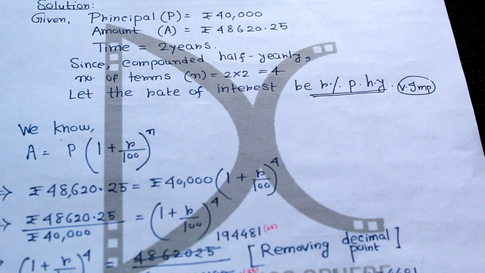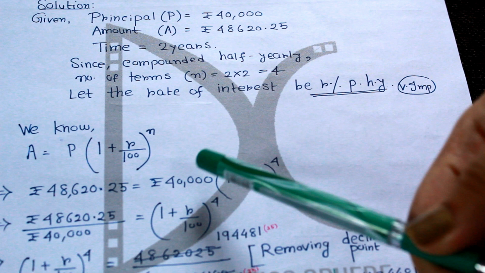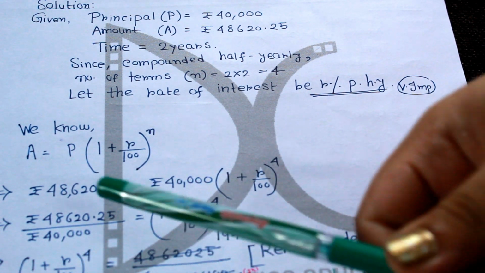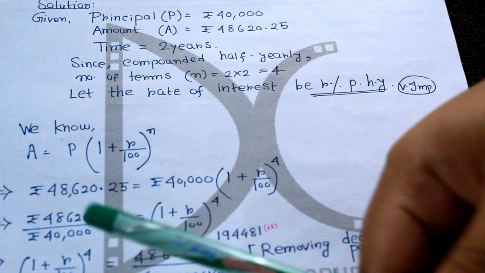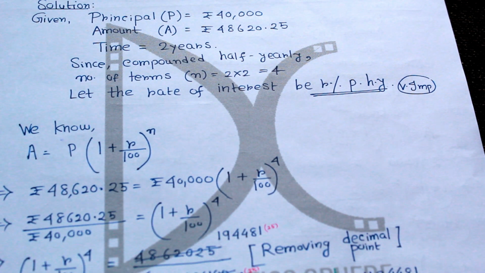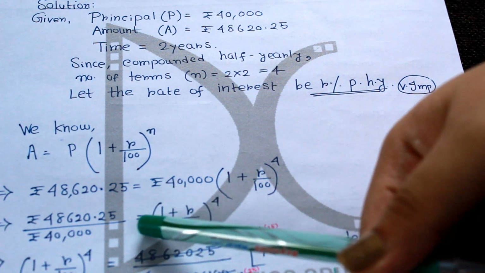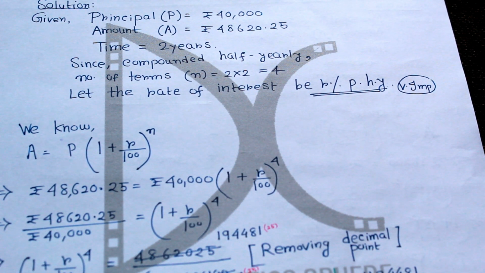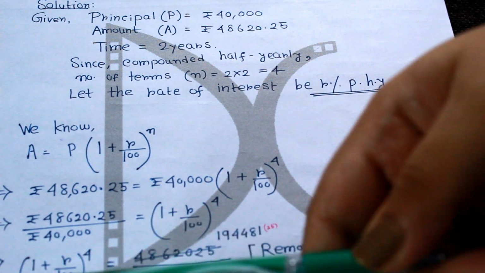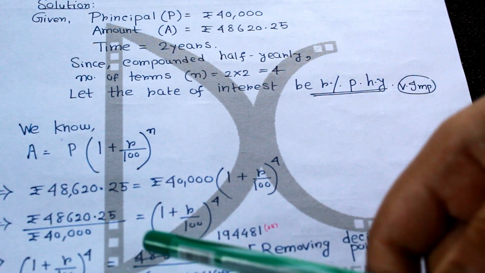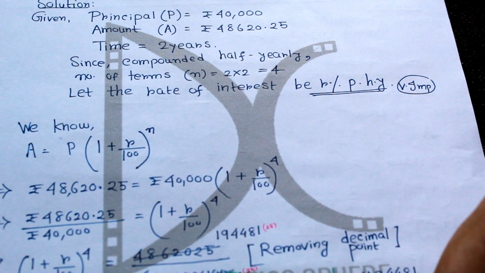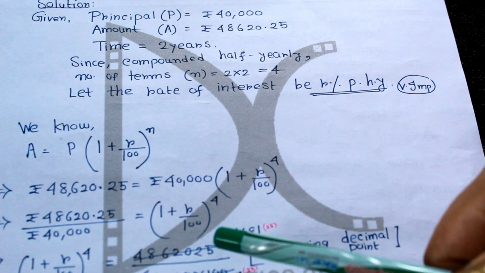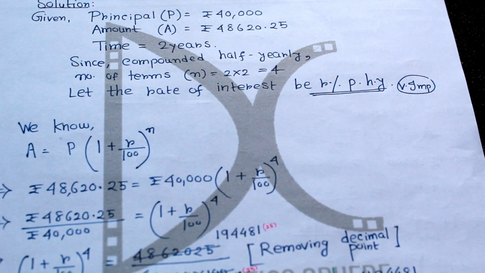Nothing can be done. Okay, so what I have told, you will have to first shift this principal. If you divide it now, this will become 48620.25 divided by 40,000. Rupees will get cancelled. Here it is (1 + r/100)^4. Do not remove this 4 here. I am just reversing and writing. After reversing, I have cancelled this 0, meaning I have multiplied 100 here and here. This 100 remains here, and this 100 removes this decimal part. Okay, and I have just reversed and written it.